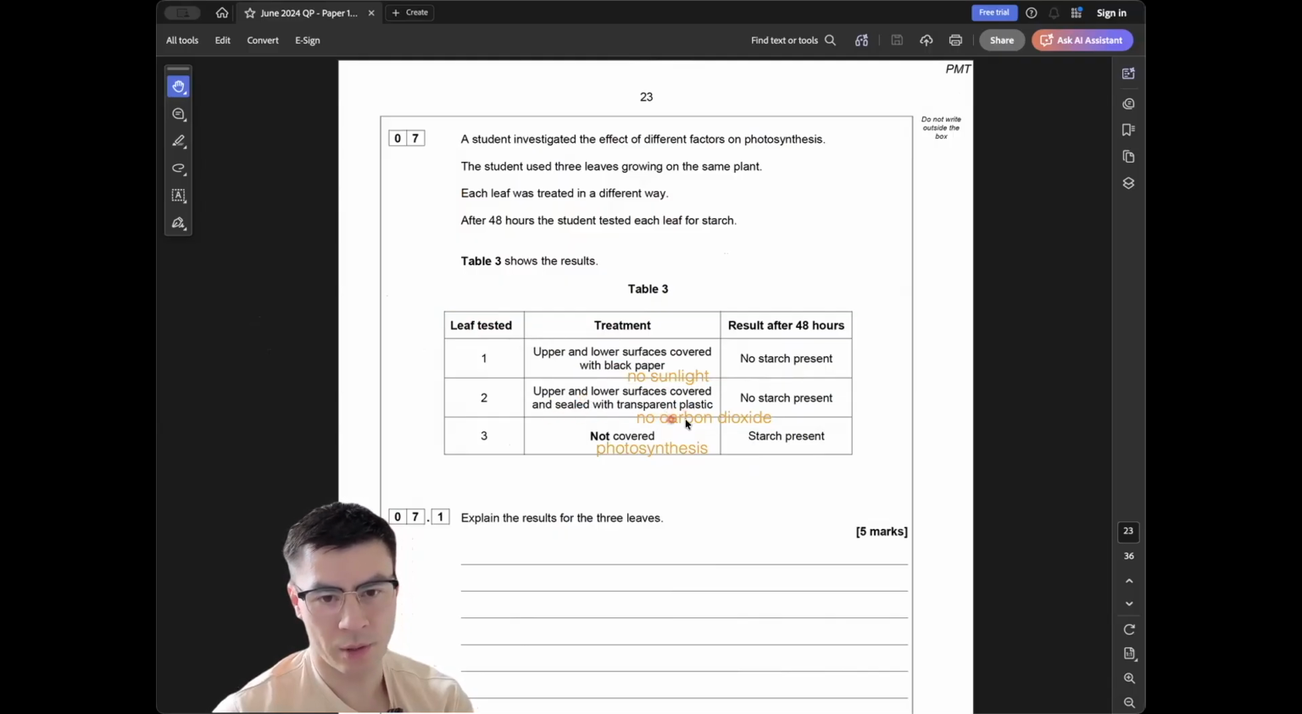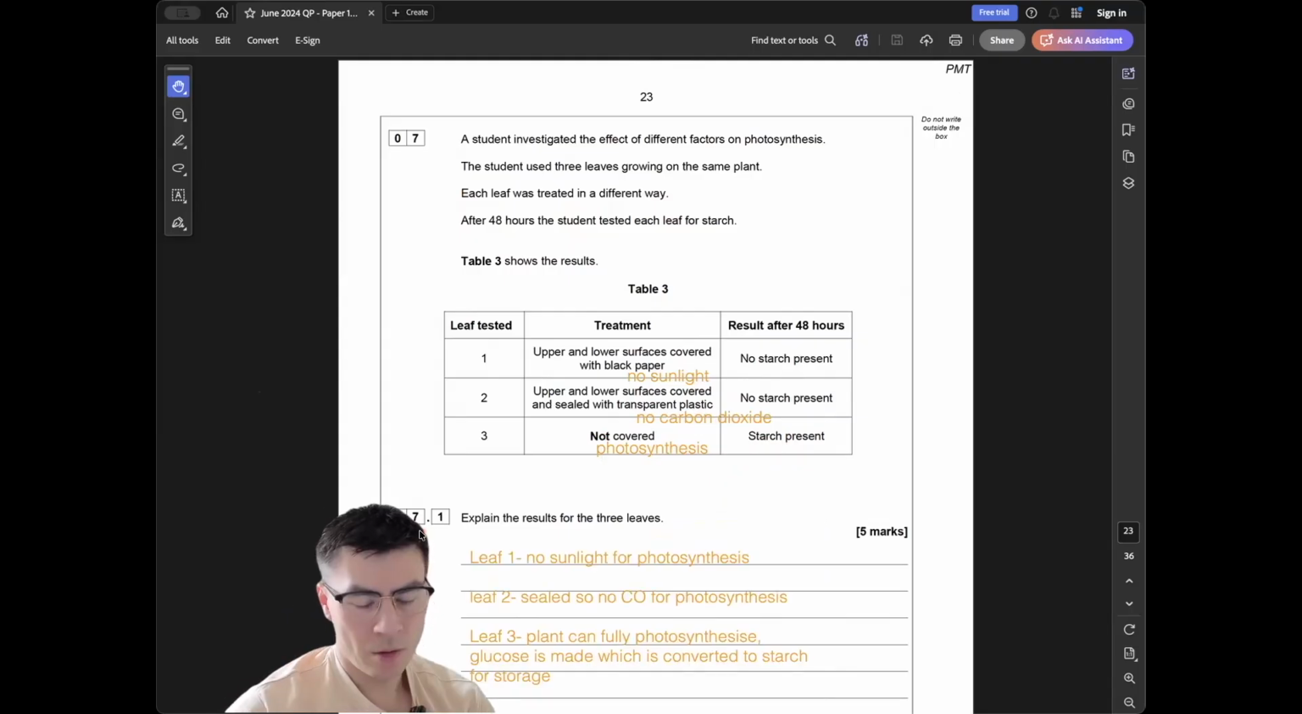plastic，咁呢一個我哋冇 CO2 for photosynthesis。OK，如果佢冇 oxygen 就代表冇 respiration。但係今次係 no starch，即係 no photosynthesis，就 CO2 啦。如果呢個唔係 covered，咁即係個 plant 可以 fully photosynthesize，咁一定有 starch present。5分，咁你 explain 翻頭先我講嗰啲嘢就 OK。OK，7.1，咁我就 put in writing 頭先我講嗰啲啦。Leaf 1 就 no sunlight for photosynthesis。Leaf 2 就 no CO2 for photosynthesis。跟住 leaf 3 就係 plant can fully photosynthesize。Glucose is made, which is converted to starch for storage。如果你講呢幾樣嘢，咁就有晒5分。記得個 plant 一定會 convert to starch